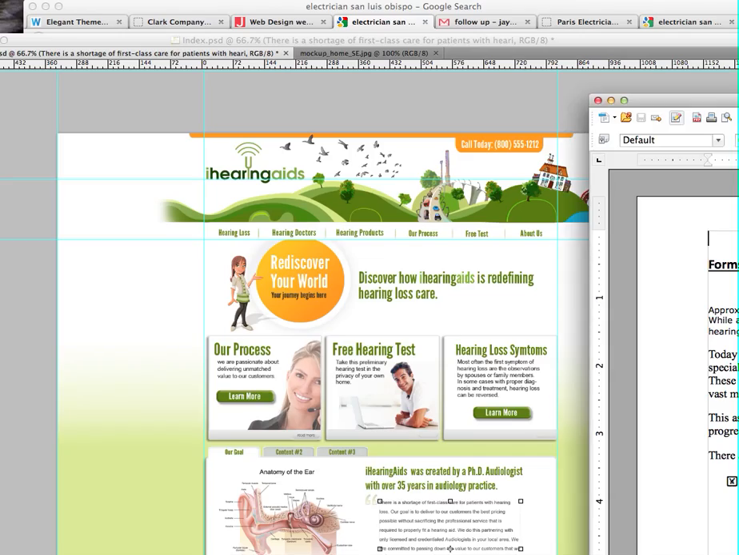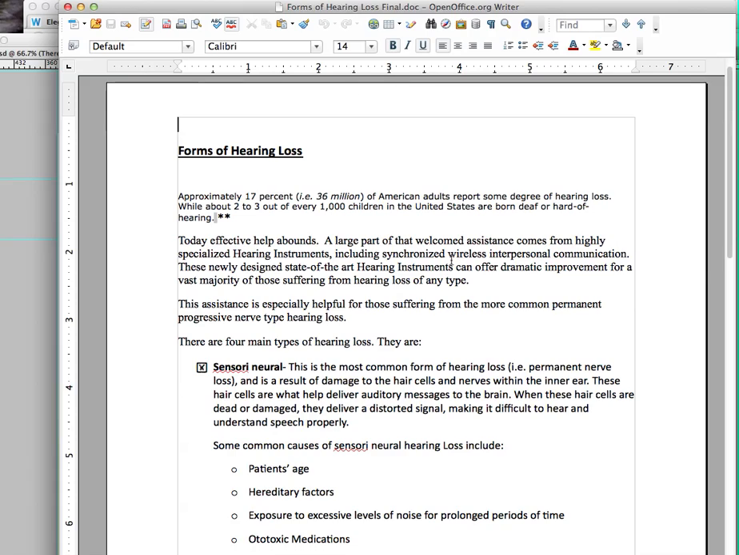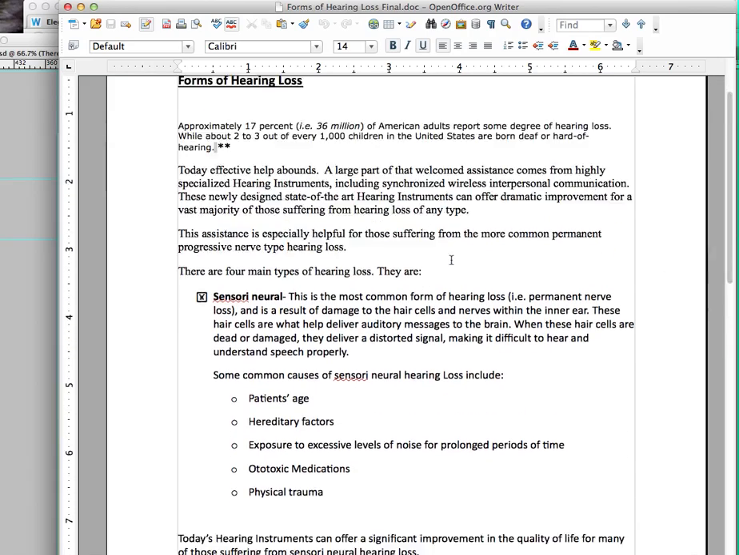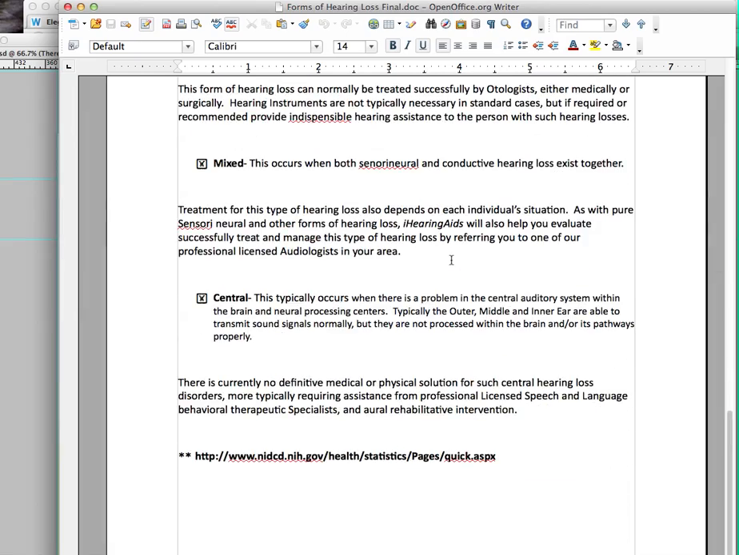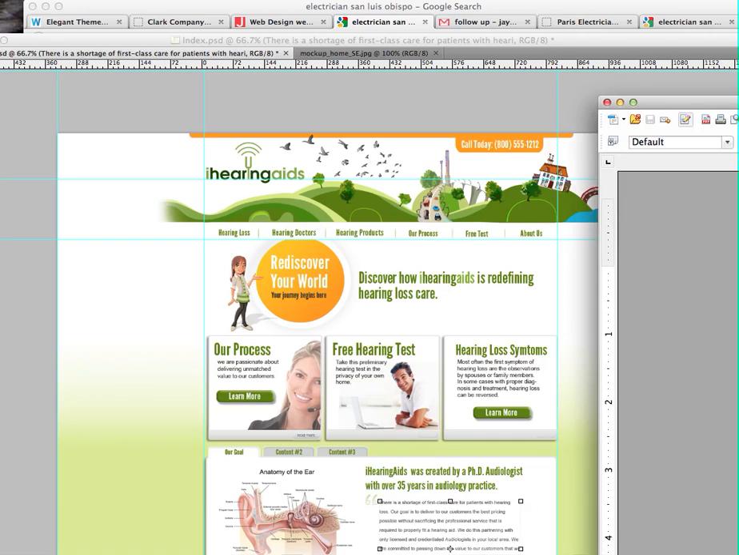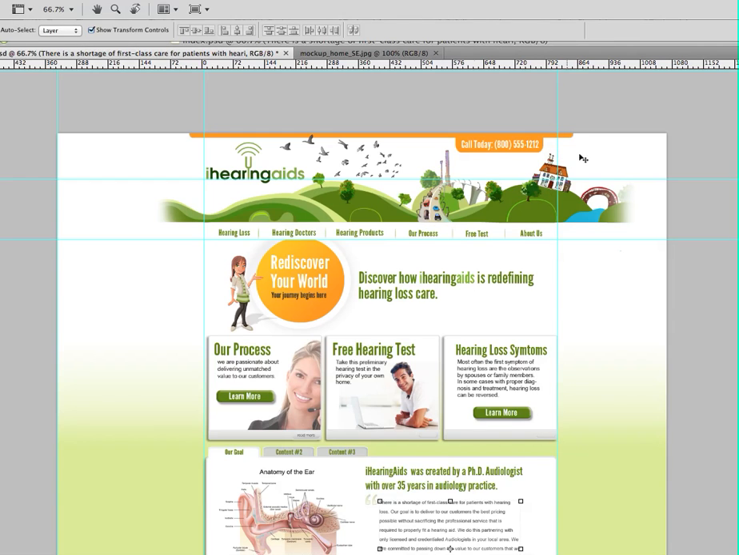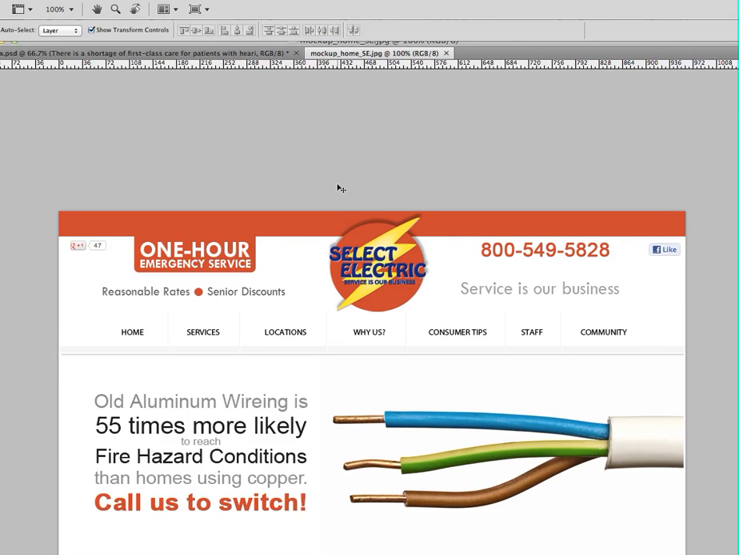So when the client provides content for this, it's going to be in the form of what those will be linking to. So we've got some forms of hearing loss in here, and there are several pages along those lines. And the content does correlate to these particular links. And then we've got the slider, for instance, Rediscover Your World, and that's our slider that we're using in here. So the final one I have here is Select Electric, and you can see across the top here we have some different links, and so this is the content that we'll need to plug in for these different